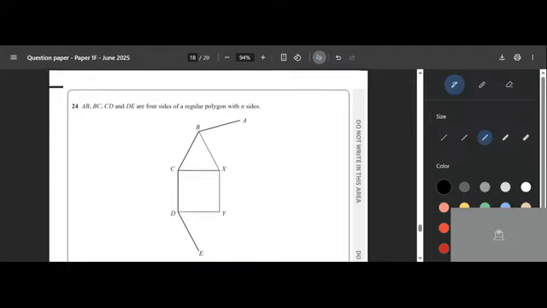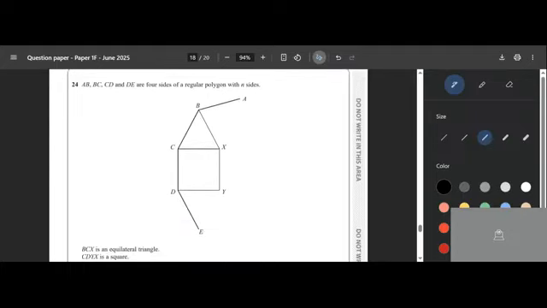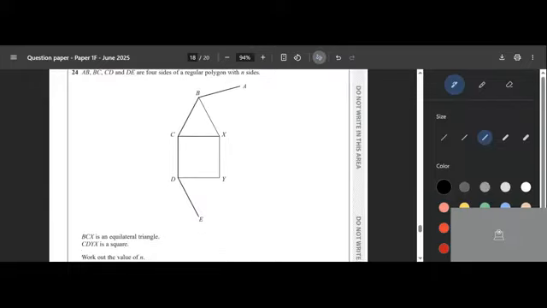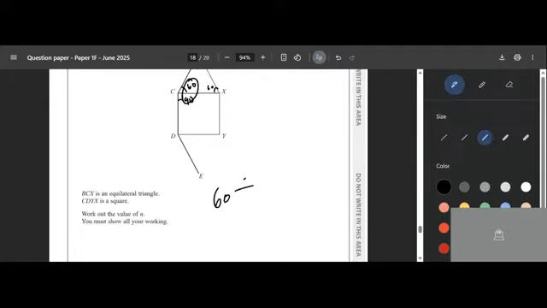You are told that there are 4 sides of a polygon with n sides. So it has got n sides. Then you are told that BCX is an equilateral triangle. It means that all the angles are 60. And this one is a square, therefore this is 90. So 60 plus 90, this one will give me a total of